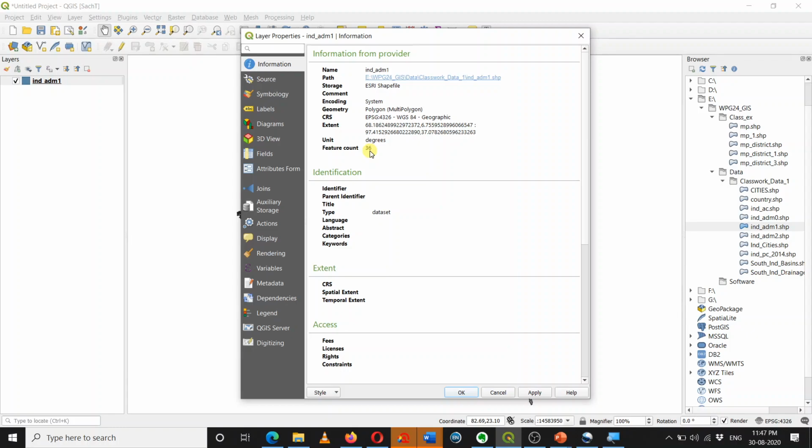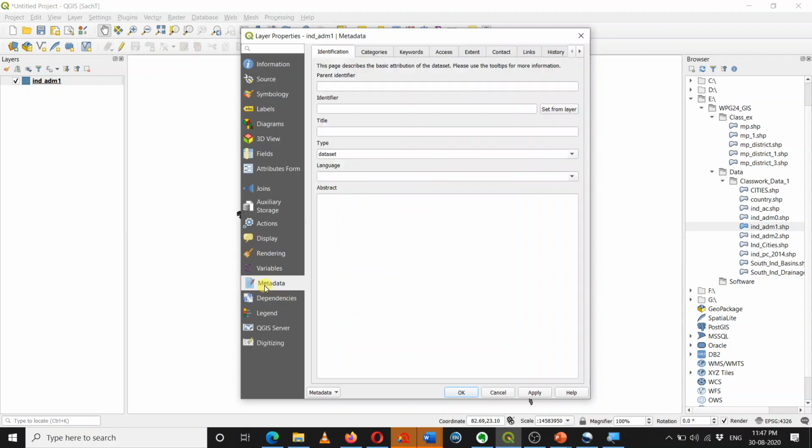So this is the metadata of the file which I am working with. Later on you can also change the metadata of this file if you are creating your own file. For example, right now we are using files which are created by someone else, but later on if you create your own files, you can also set the metadata for that. And how can you modify it? You can modify it over here, this option called as a metadata.